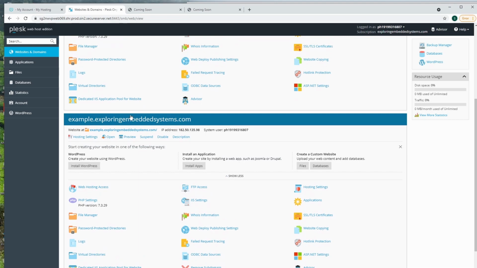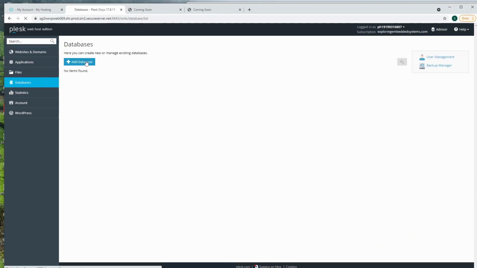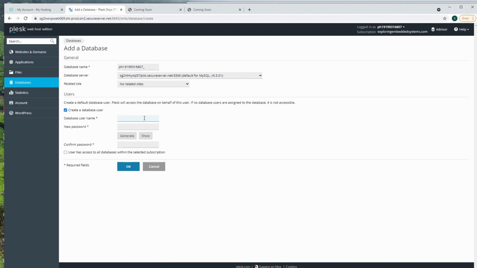So now once this is done, the next thing that we have to do here is make a database. Here we will build a MySQL database. So we can add a database. Database name, let's keep it as general purpose. We keep the database username the same also.